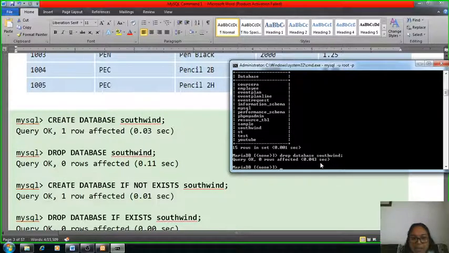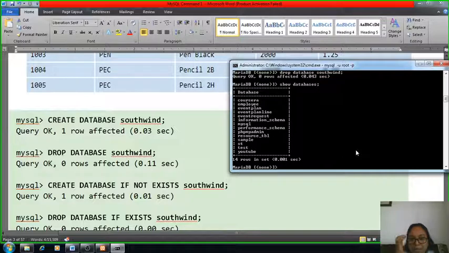Now again check whether the database is existing or not. Instead of typing commands every time, you can just press the upward arrow key, and it will display previous commands. So show databases, now check it over here, no, that database is not there, means it is deleted. So for creating a new database, the command is create, and when you want to delete a database, the command is drop database and the name of that database.